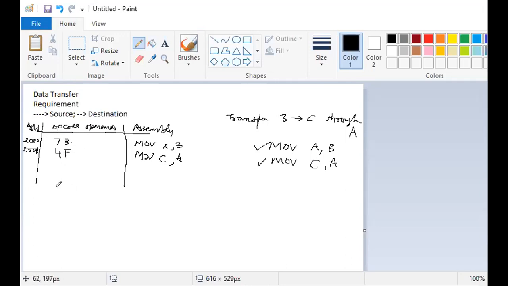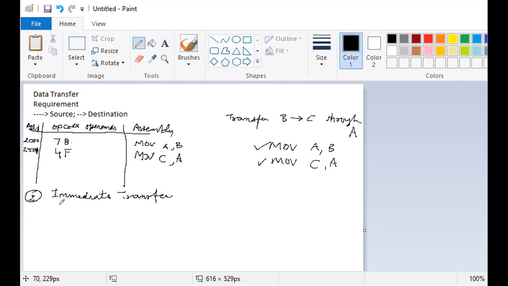Let's see some more examples. This is an example of a register to register transfer. Let's take another example. The second example is an immediate transfer. I wish to make use of the immediate addressing mode, and I want to write a program wherein I will be moving the immediate data into the accumulator and then transferring to some other register.